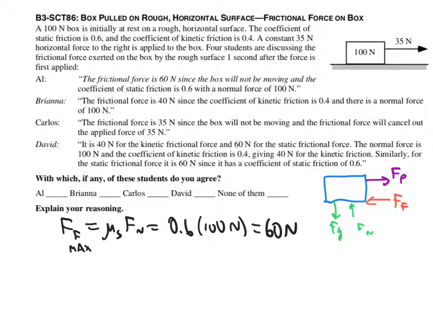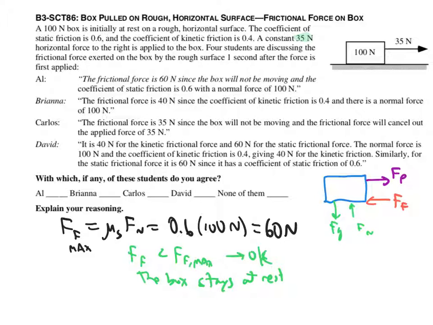And since we have 35 newtons, which is less than the maximum, we're okay. The box stays at rest, and the frictional force is 35 newtons. So now we're going to see which of these